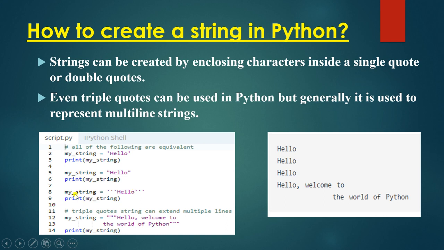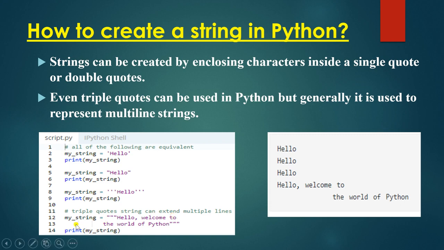Now in the next, at the 8th line, it is in triple quotes. So this is also a string. When you print the value, it will give you the result hello. But the triple quote is used to write multiple lines.